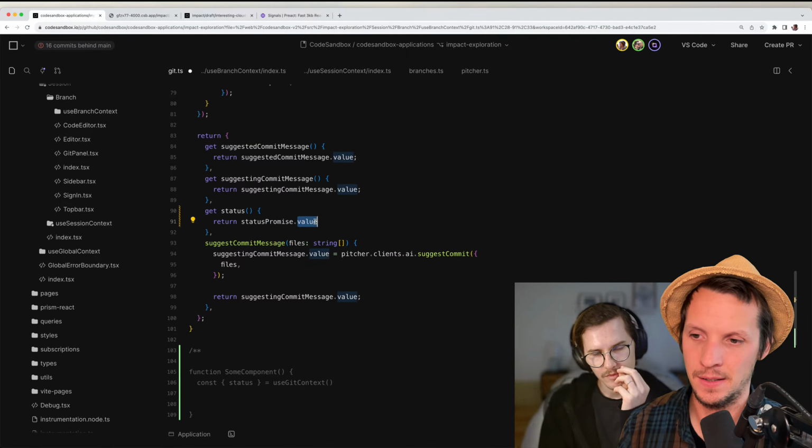You can think about it as the problem here is that we're destructuring, which makes it confusing. If I do git context.status, what literally happens is that it calls this function by the sheer fact that I'm doing dot status.